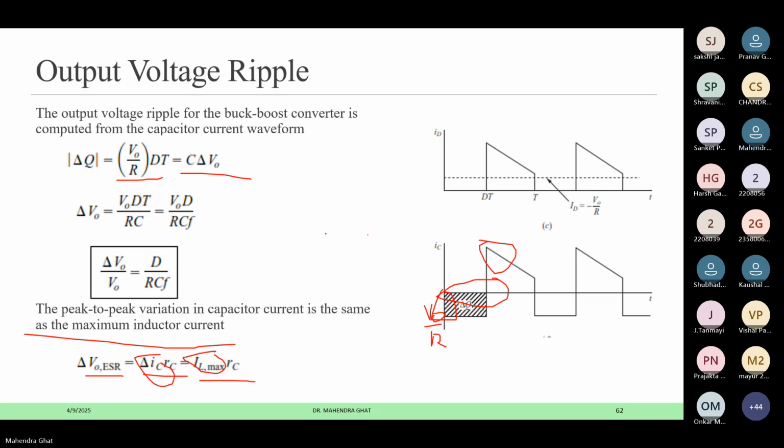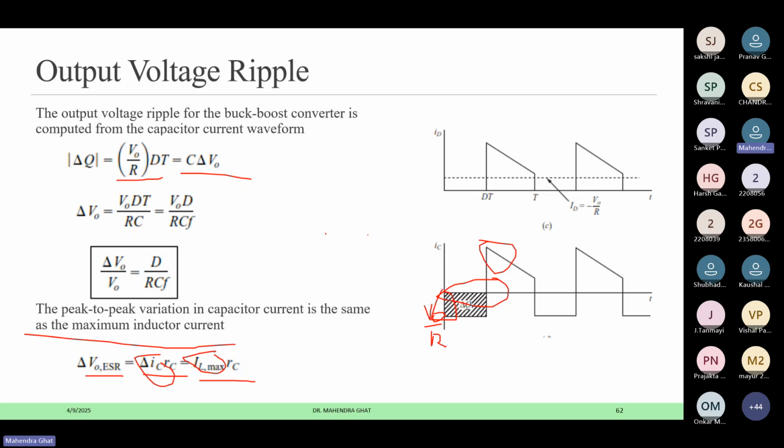Has everyone understood? You can ask any question for the buck boost. If not,